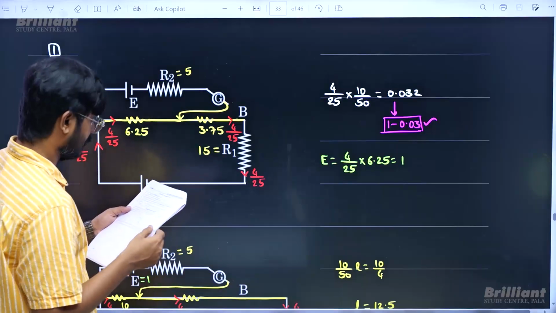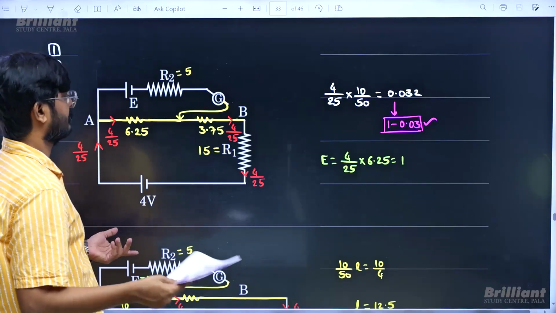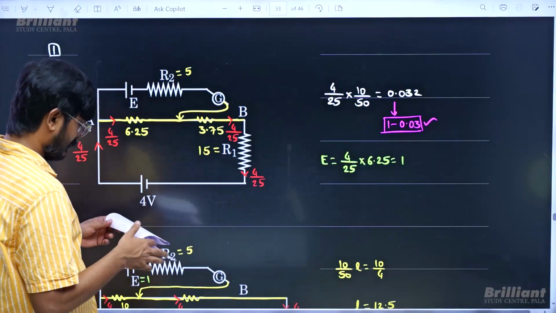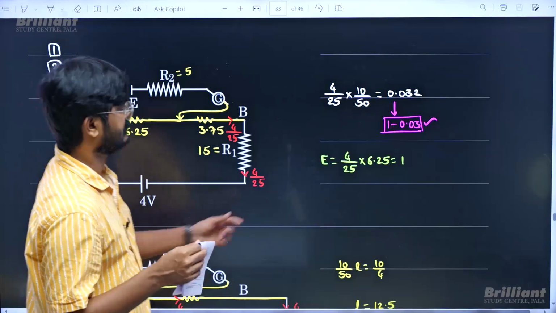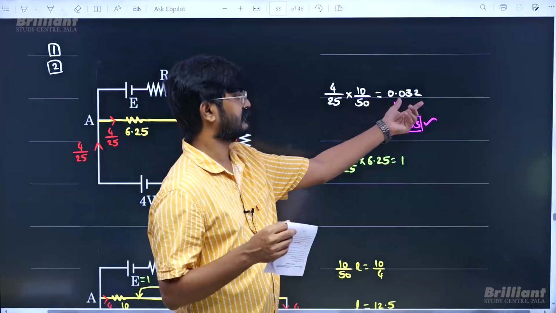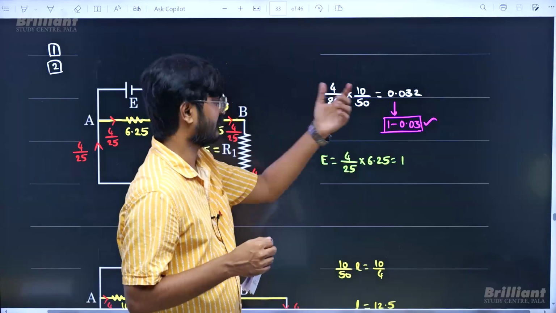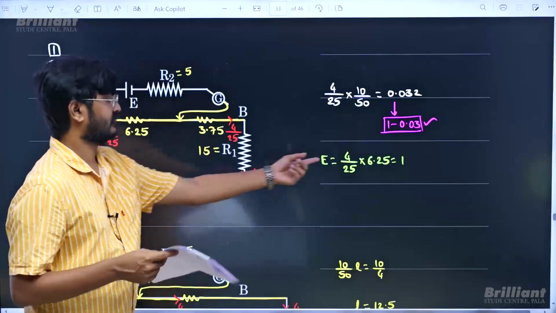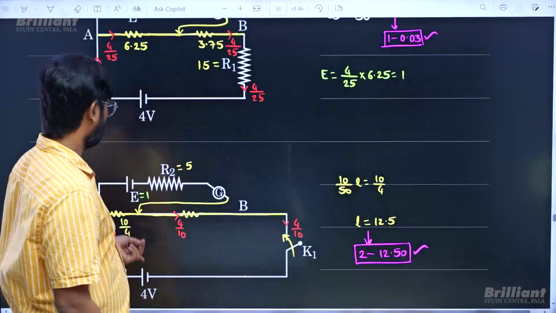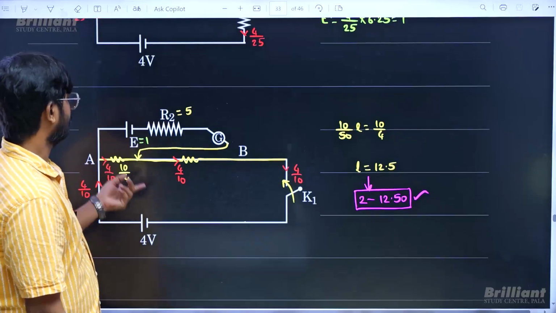Their question was potential gradient, that is what is the potential difference across 1 unit length, 1 centimeter length. So for 1 centimeter resistance is this much, current into resistance is voltage difference. Potential difference across 1 centimeter is 0.032. Now we will be utilizing this information. E value we have already calculated. When I put it back, they are saying